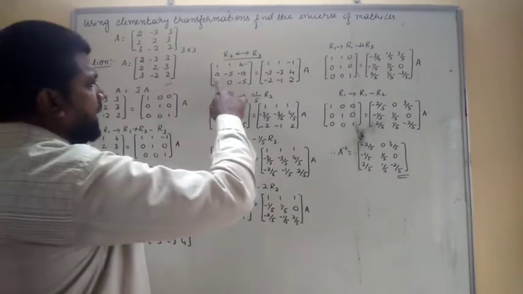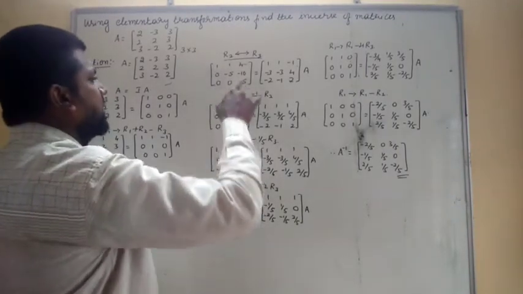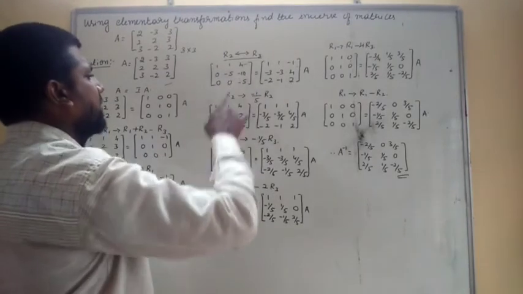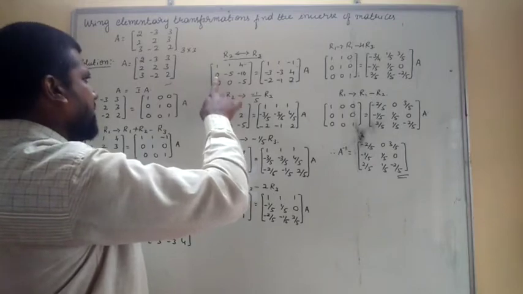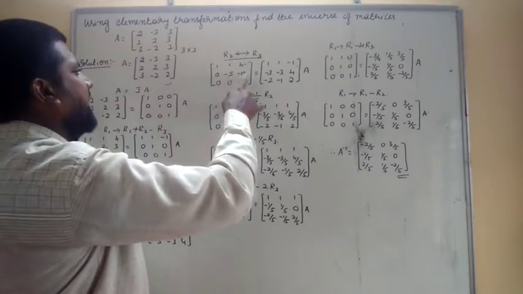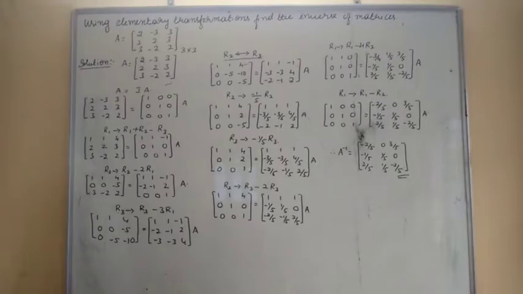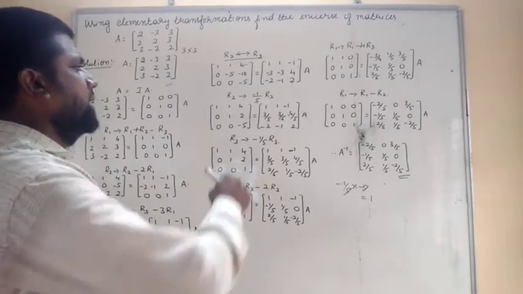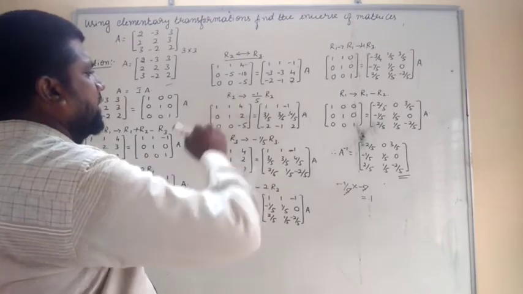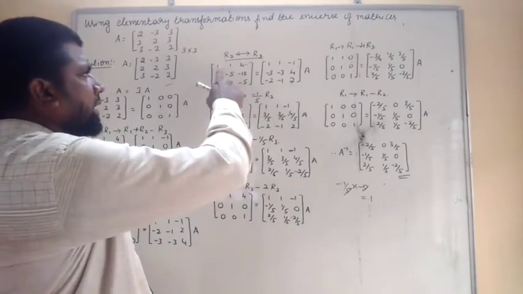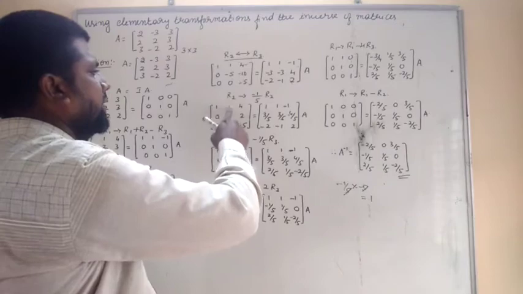In the second row, so first row, let us write the first row as 1 1 4. If you observe in the second row, the elements 0, minus 5 and minus 10 are there. These are the multiples of 5. So let us change. R2 changes to minus 1 by 5 into R2, means R2 we have to change here. Let us write the R1 as 1 1 4.